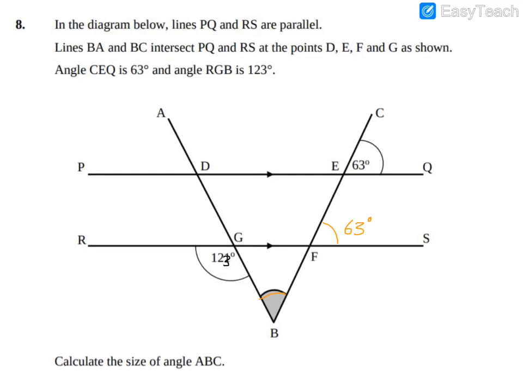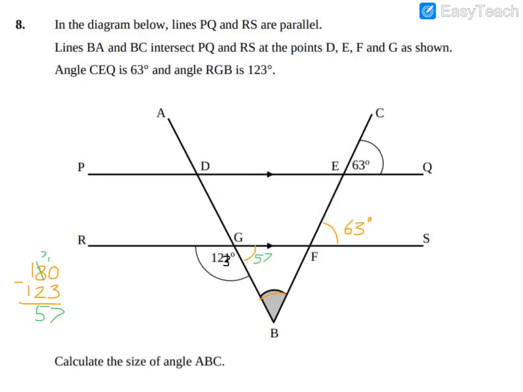It looks to me like this has got to be a straight line. If this is 123 degrees, we can work out what this bit is on the inside of my triangle. Because we've got 123 degrees so far, a straight line is 180, so we can do 180 take away 123. Let's see what we get if we do that. We're going to need to do some borrowing. 10 take away 3 is 7, 7 take 2 is 5, 1 take 1 is nothing. We've got 57